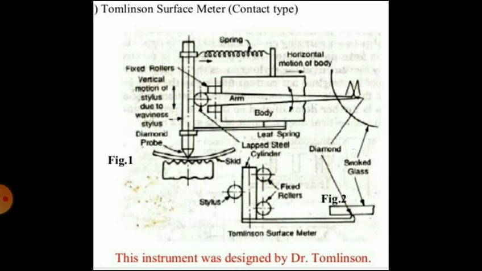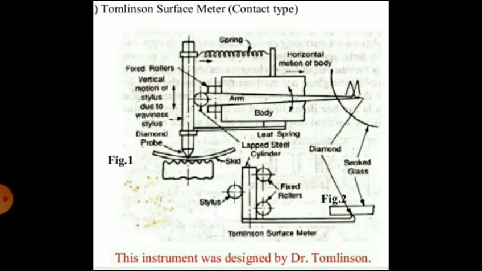So this causes the movement of the arm attached to the cylinder. You can see the arm that is attached to the cylinder. It moves vertically up and down due to surface roughness and records the micro geometrical form of the surface. The stylus movements are magnified by an amplifying device and produce a trace on a smoke glass plate.